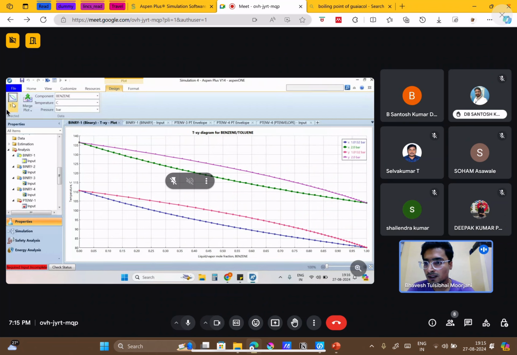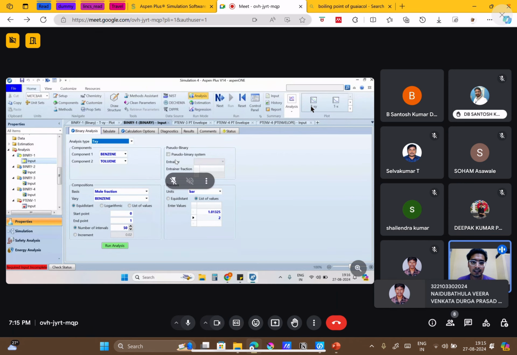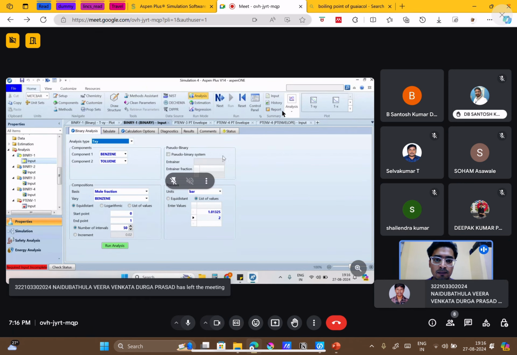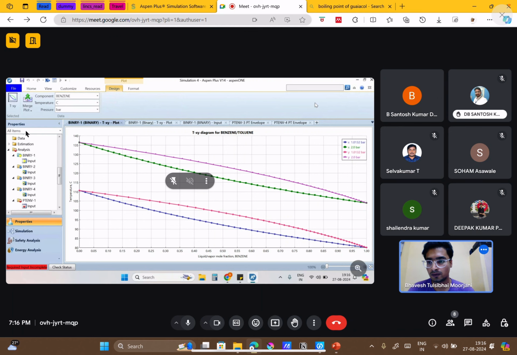Is any other option coming there? No. Go to the binary input part, go to result. Here you can see on the right hand side, TXY and others.